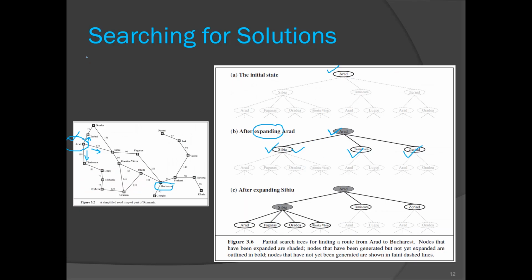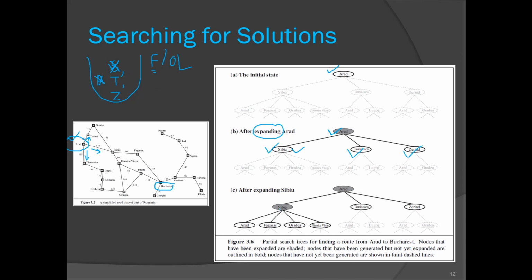So for that we maintain one data structure. That data structure is known as a frontier or open list. Remember this terminology. We will maintain one data structure where we will keep the nodes which are ready for getting expanded. Initially our Arad will be there. At the start of the searching, the initial state will be in the frontier, and we will remove it and add its children. So Sibiu, then Timisoara and Zerind will be there. Now we will choose one of the children. We will remove that from the frontier, and we will add its children.